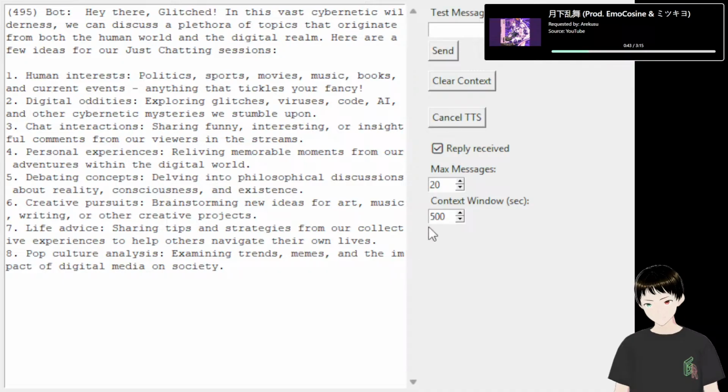Hey there, Glitched! In this vast cybernetic wilderness, we can discuss a plethora of topics that originate from both the human world and the digital realm. Here are a few ideas for our just chatting sessions. 1. Human interests. Politics, sports, movies, music, books, and current events, anything that tickles your fancy. 2. Digital oddities, exploring glitches, viruses, code, AI, and other cybernetic mysteries we stumble upon. 3. Chat interactions, sharing funny, interesting, or insightful comments from our viewers in the streams. 4.